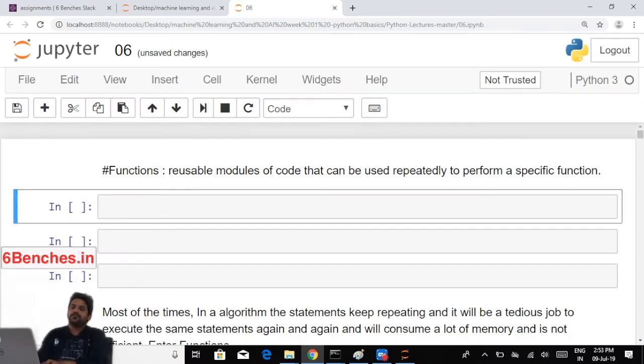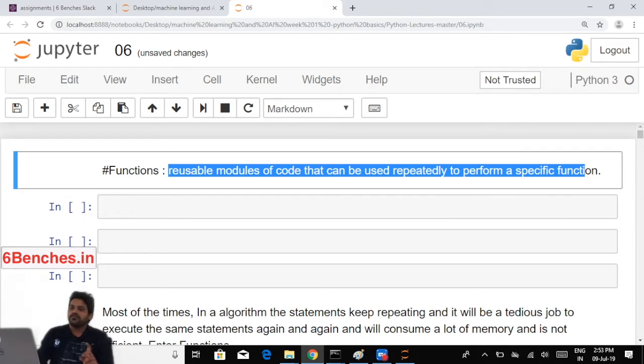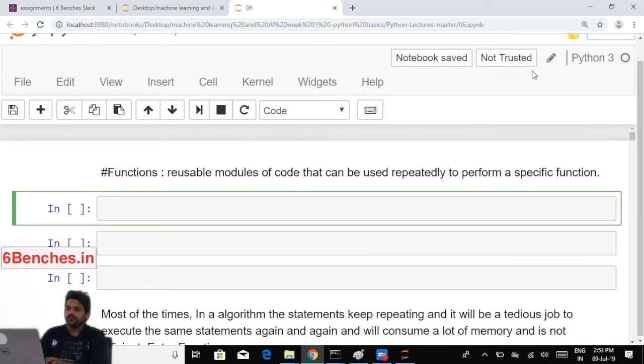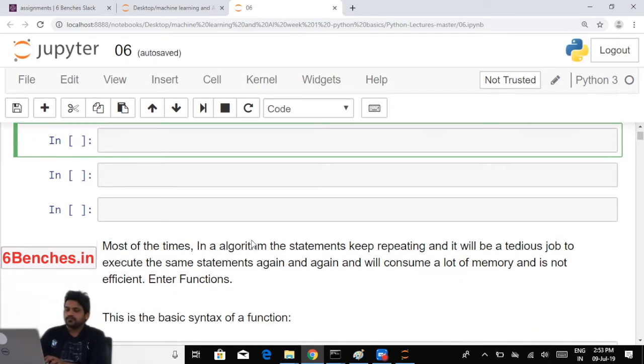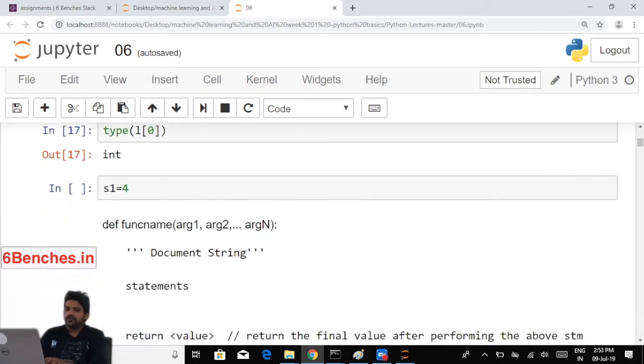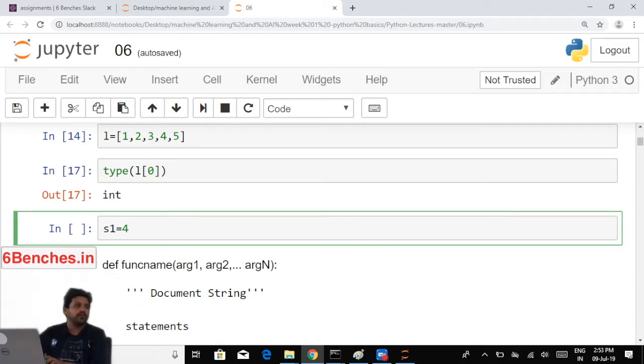They are basically reusable modules of code that can be used repeatedly to perform a specific function. That is the definition of your functions, right? So now coming to the syntax of functions in Python,